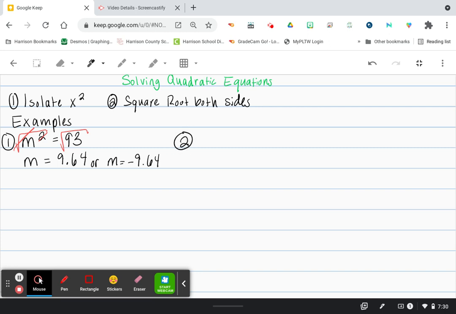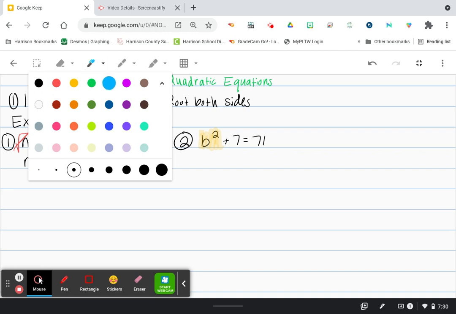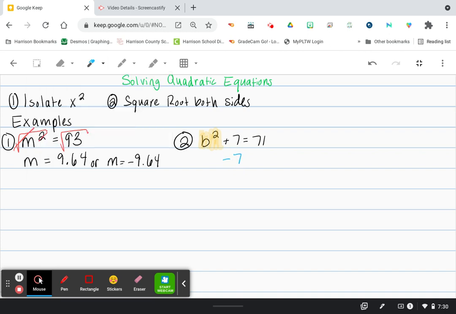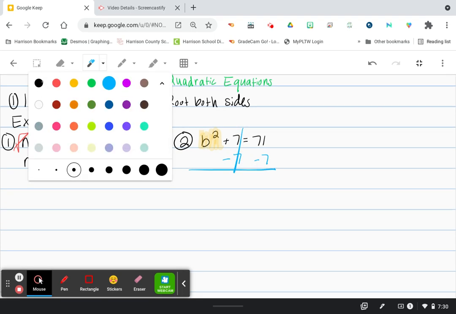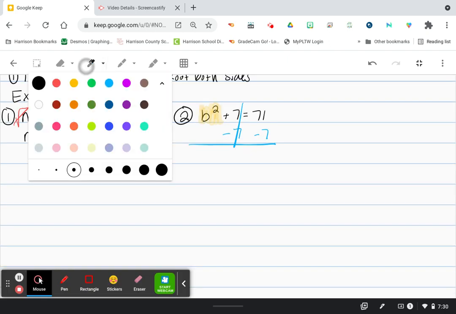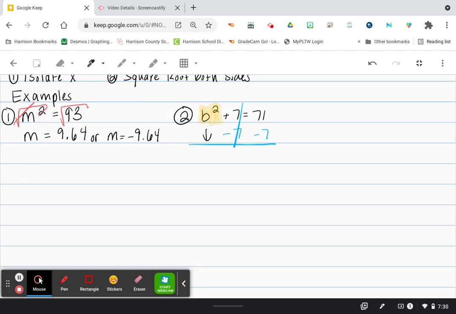So number two, again, just jumping right into an example here. We have b squared plus 7 equals 71. So again, first step is you want to isolate the variable squared. So we have that plus 7 around it. What's the opposite of plus 7? Well, it's going to be minus 7. And what you do to one side of the equation, you do to the other. The 7's there will add to 0, or sometimes you say cancel. I like to say 0 out. So I'm going to bring down the b squared, and 71 minus 7